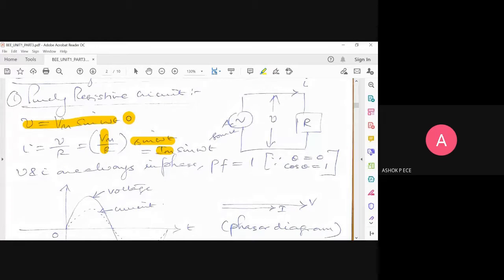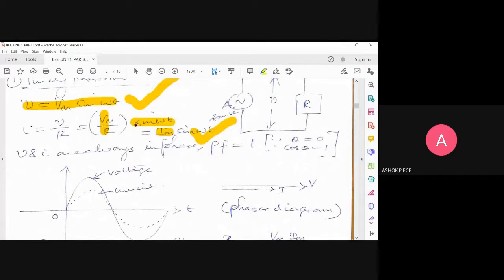When you excite the resistor with the AC voltage, the current is also AC in nature. It cannot be otherwise. When you have an AC source, the current will also be AC. When you have a DC source, the current is also going to be DC. Understand that when I excite a circuit having only a resistor as a load with an AC source, the current is also going to have AC or sinusoidal variation. See the phase angle between the two.